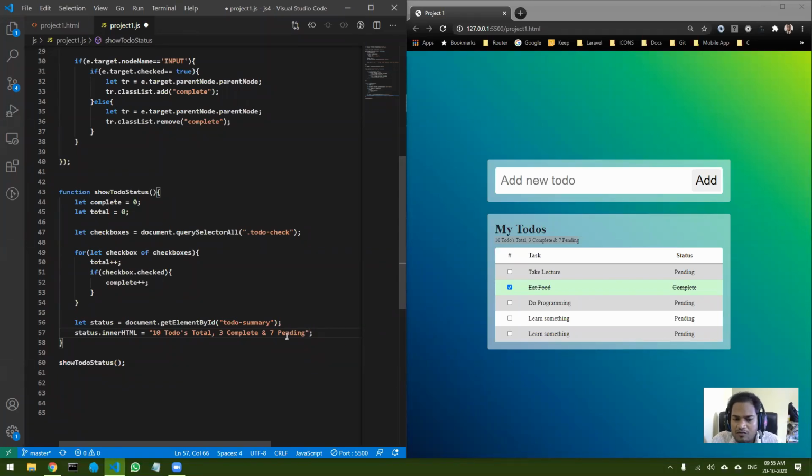Now what I want is, instead of 10, 3 and 7, to put substitute values over here. So how to do that? Any idea?